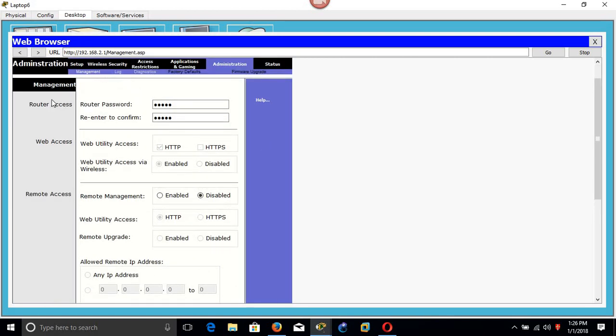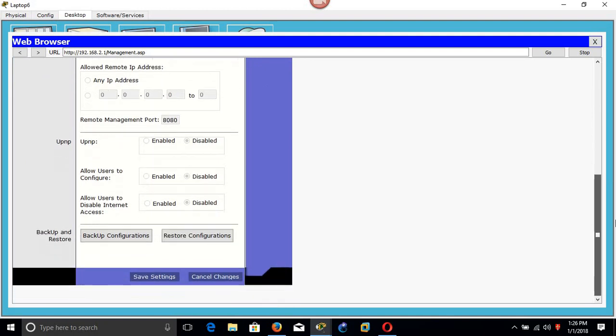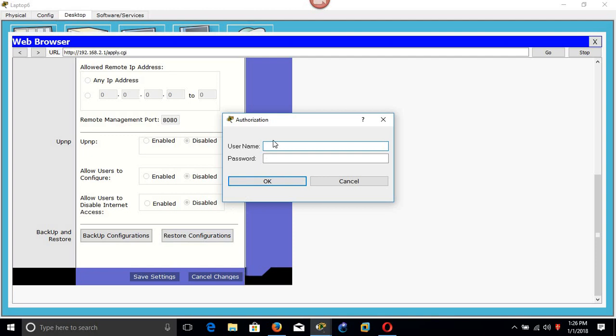Administration. So here you have router access, which by default is admin. So now let us change it and let us use Cisco. But in the real world, you have to use a strong password so that no one will be able to access your device.